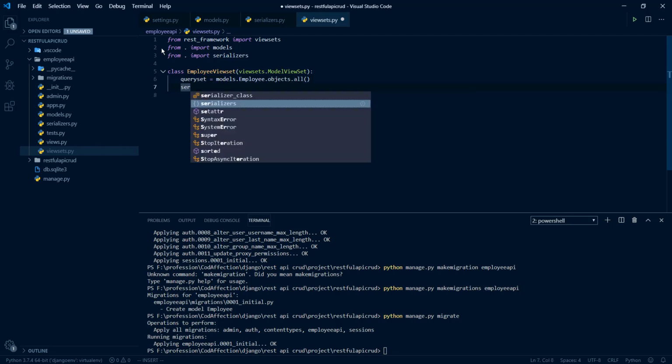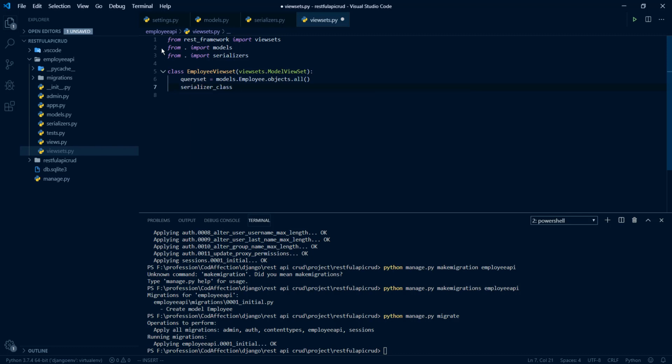After that we have to mention the serializer for this class, which is serializers.EmployeeSerializer. So here we have the definition for the EmployeeViewSet class. Here we have retrieved all of the employee records and assigned them into this queryset here. And with this serializer class initialization, we are telling it to use this EmployeeSerializer for the JSON conversion